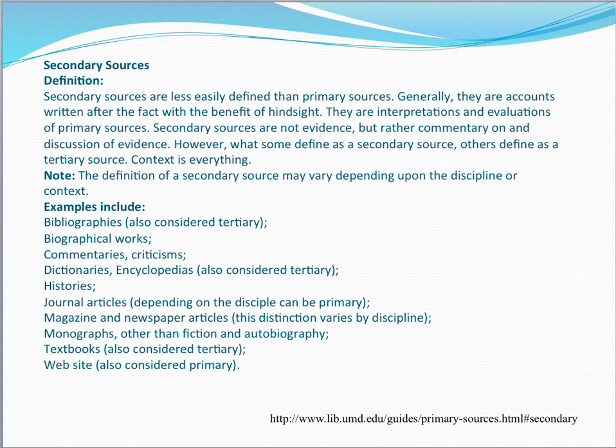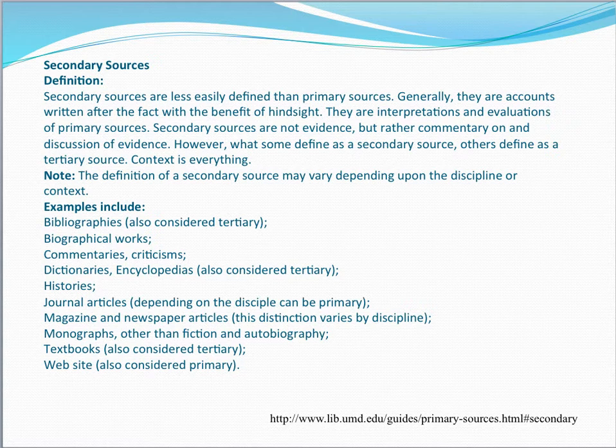Secondary sources. And here's the definition. Secondary sources are less easily defined than primary sources. Remember, primary sources are first-hand accounts. Generally, they are accounts written after the fact with the benefits of hindsight. They are interpretations and evaluations of primary sources. So you read a primary source, or you watch a movie or a documentary, and then you write something about